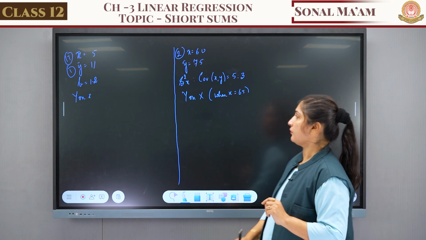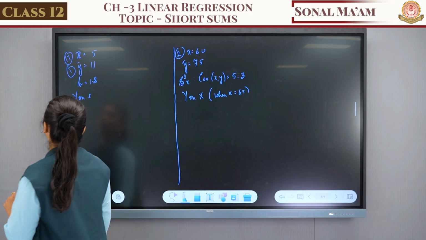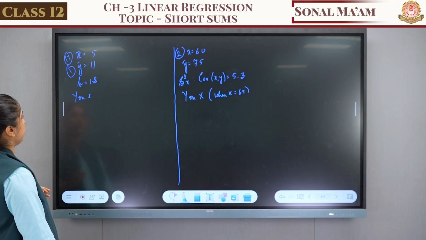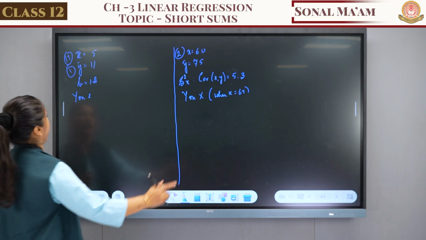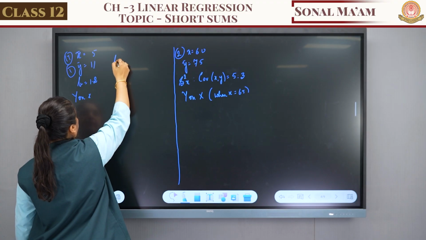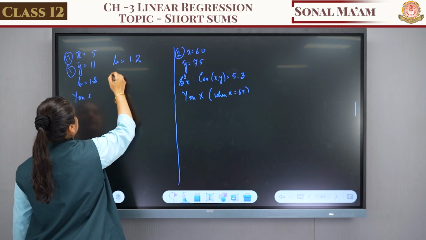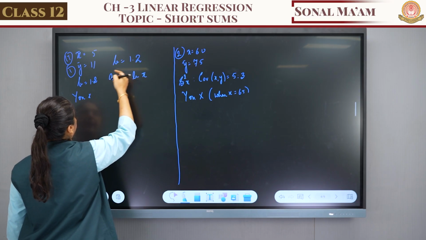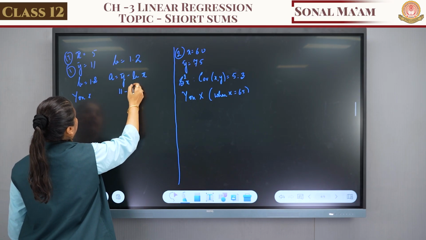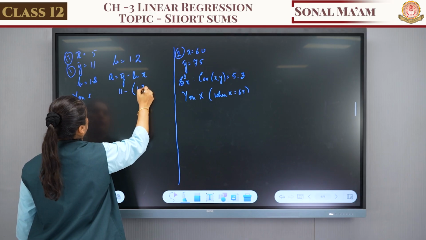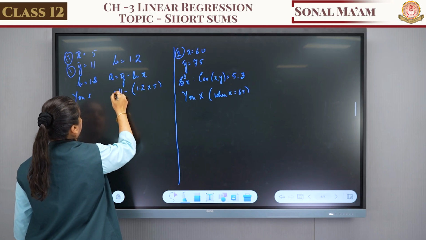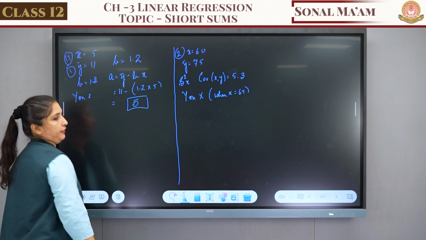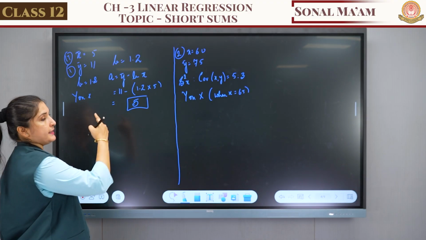Yes. Fine. Let's see what is given to you. X bar is given, y bar is given, B is given, and you have to find y on x. First step, B, which is already done, it is 1.2. Second step is A. What is the formula of A? y bar minus B x bar. y bar we have 11, B we have 1.2, and x bar we have 5. So the value of A, final answer, will be 5. Okay, B is done, A is done.